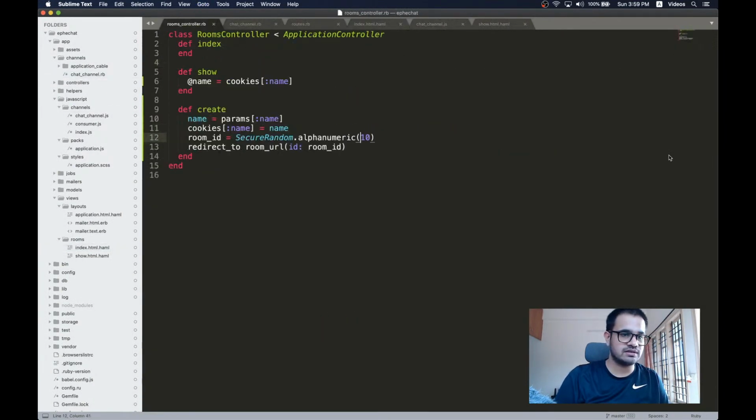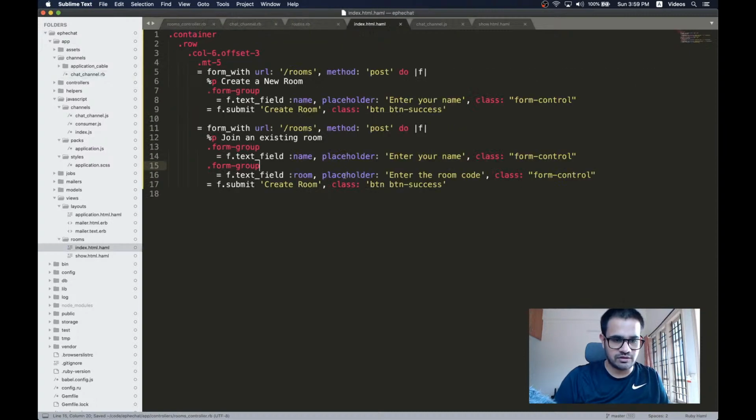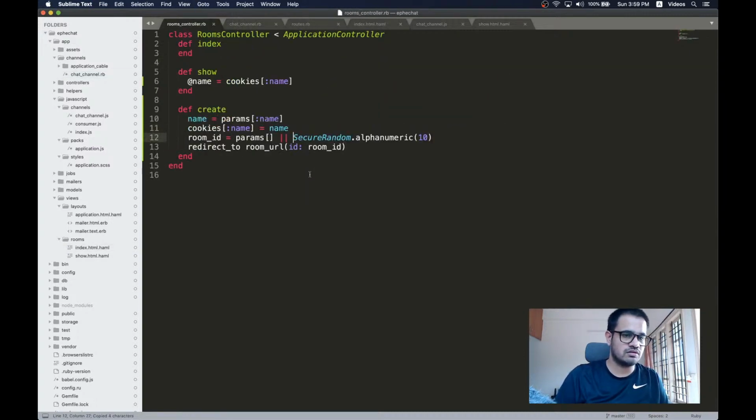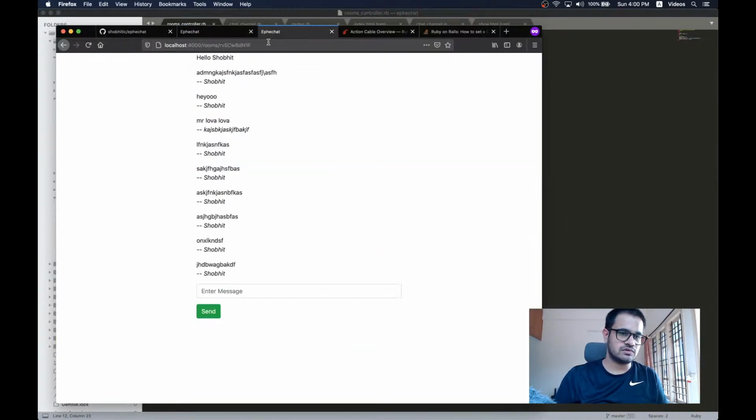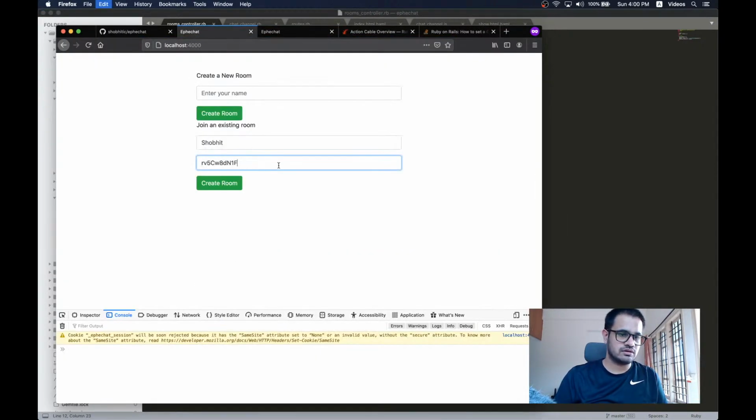we need to handle this in the controller. So whenever we're creating, instead of redirecting to the room ID, we just need to make sure that we have a room. Okay. So if I have room in the params, I just use this. Otherwise I create a new room ID and then I redirect to that. So let's just do one thing. Will this redirect me to this? I'll call myself showbit2, create room,